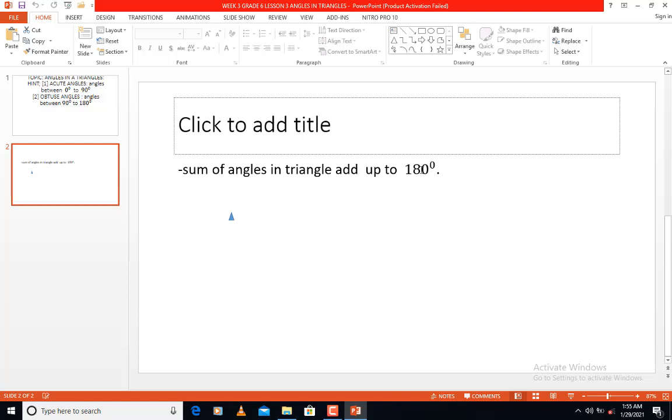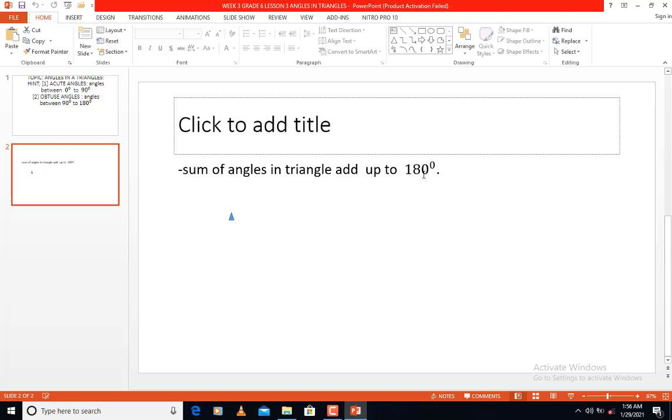degrees. So what I want you to do is add all the angles which you are going to measure from the document which I have attached. So you add all the angles. After adding them, you get your answer. When adding these angles, you must remember this hint, that the sum of angles in a triangle adds